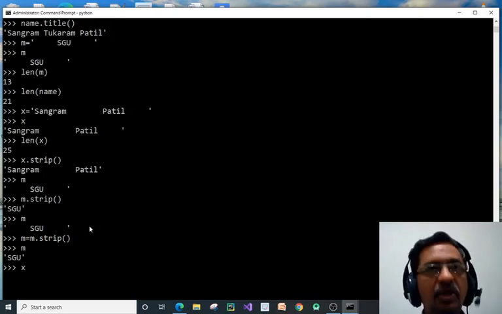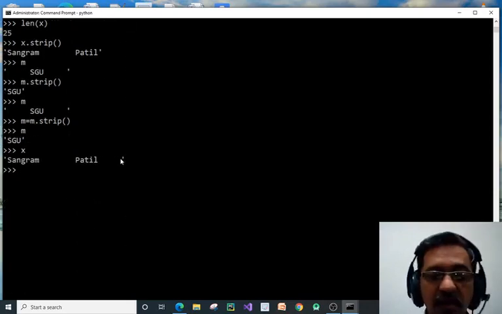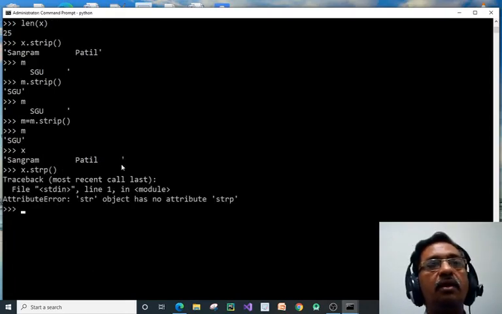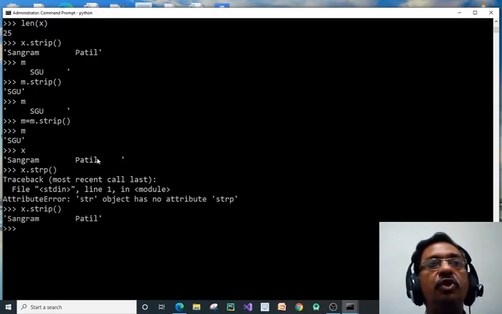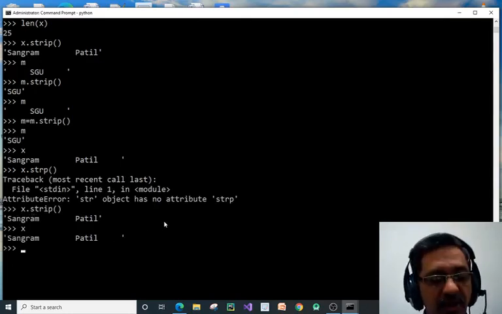Same thing if you check x. In x we have ending blank spaces. If we use x dot strip, sorry, spelling mistake, strip, it removes the ending blank spaces, but your original data remains as it is. It is only for the displaying purpose. So to make the changes in the original data, we use x is equal to x dot strip.